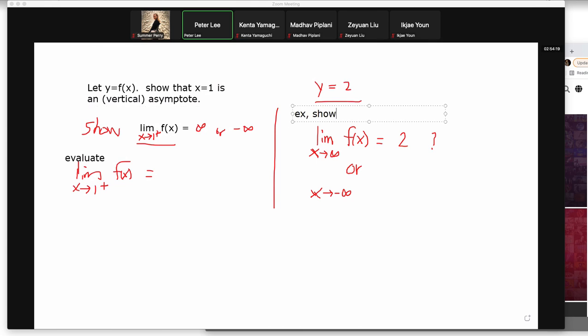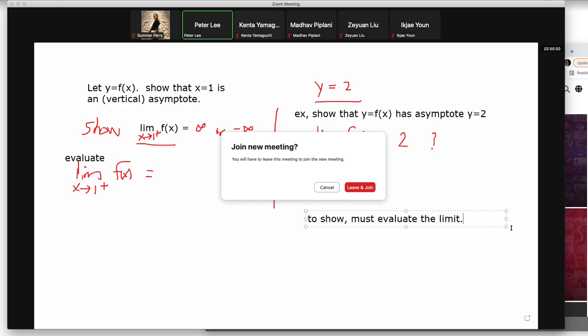For example, show that y equals f of x has asymptote y equals 2. If I ask you to show it or prove it or verify it, if I use a strong verb there, then that means you have to actually show this. You don't just write this down, but you must evaluate the limit. That means you have to calculate. Evaluate the limit, and you must show that that actually equals 2. Don't just say it's 2. You have to evaluate that and then show that that is actually